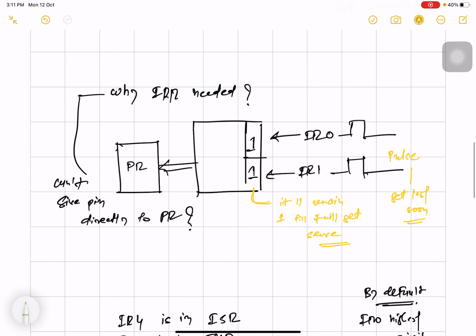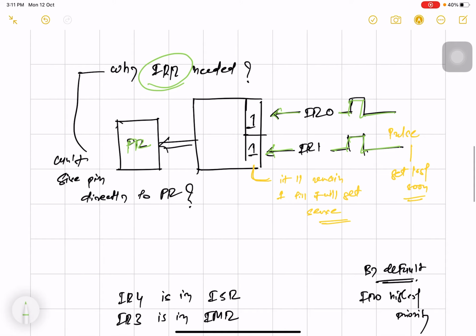Now the first question is why the interrupt request register IRR is needed actually. If I give this particular request directly to the priority resolver, then also it will work. Why do I need to give it here and save it in a register? Because suppose two interrupts occur simultaneously, like this, interrupt 1 and interrupt 0.